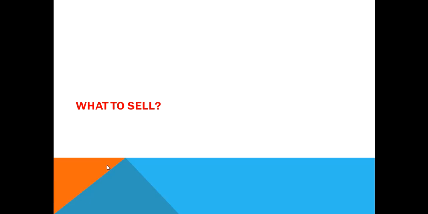Let's take Amazon as an example. We have so many categories: electronics, babies, clothing, and many more on Amazon. You can decide which category you are going to sell in, but you cannot decide which type of product you are going to sell,